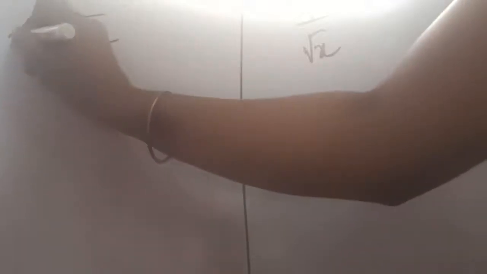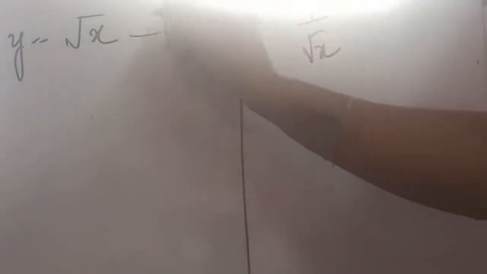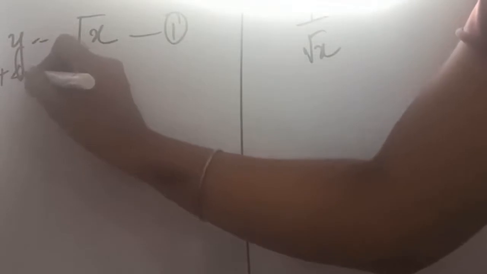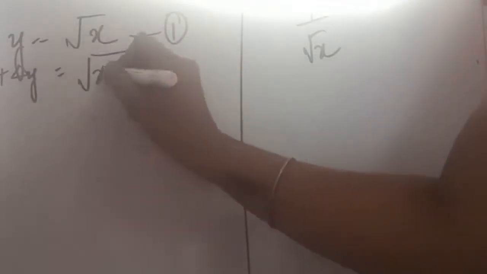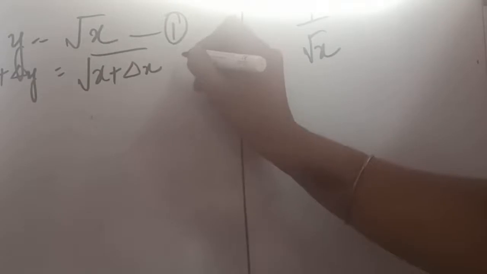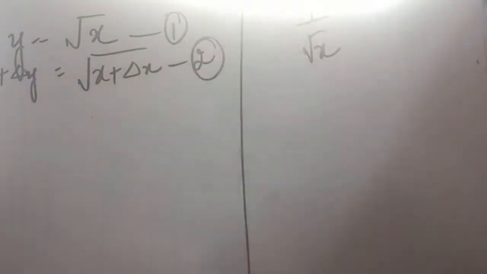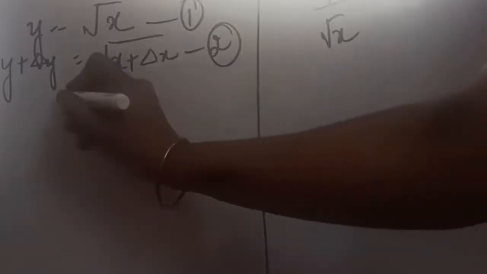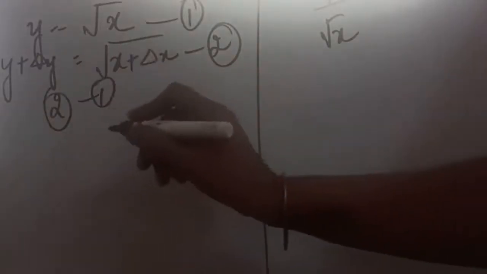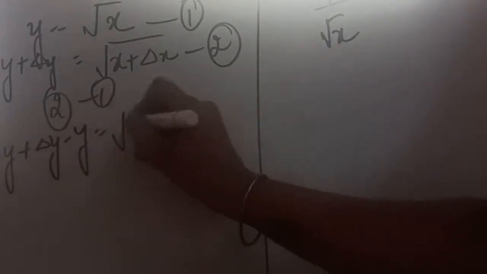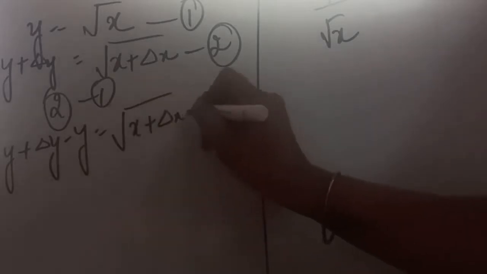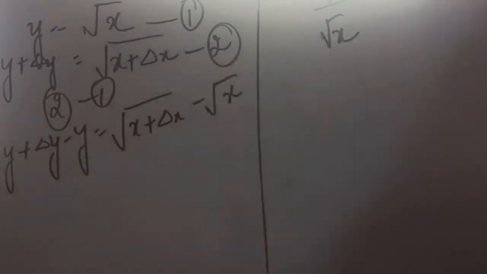So first step, as you have seen in all the questions, we are putting it as equal to y. So when this has been put equal to y, it is our equation number 1. The second step is adding the increments, and we will add the increments on both the sides. So after this I hope we cannot solve it further, so we will give it the name of second equation. Now we will be doing according to step number 3, 2 minus 1. So on the left hand side this will be the result, and on the right hand side x plus delta x minus under root x, this will be the result.